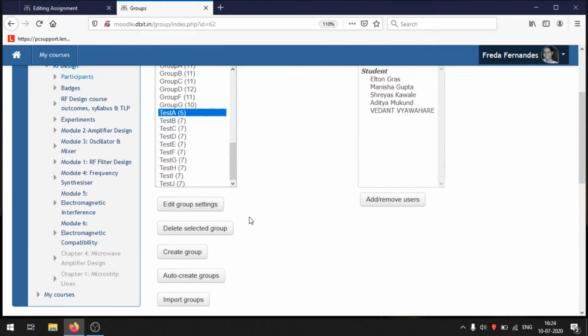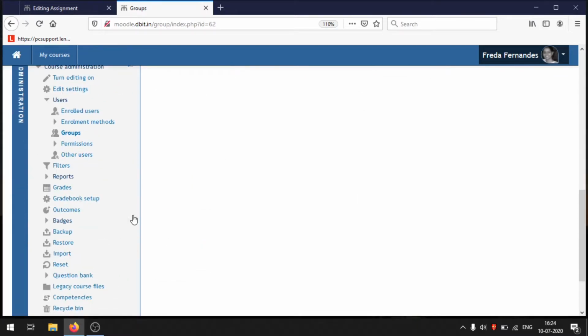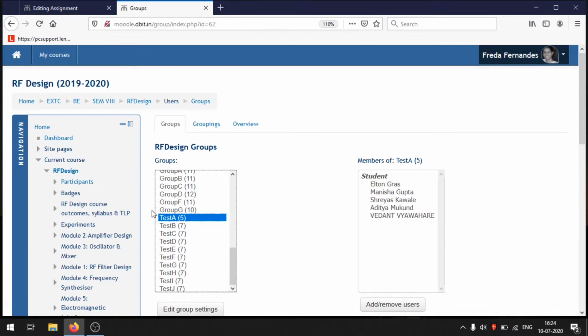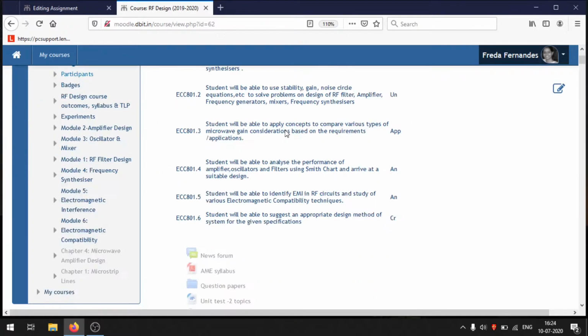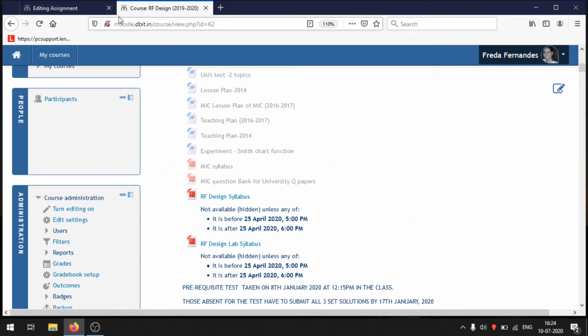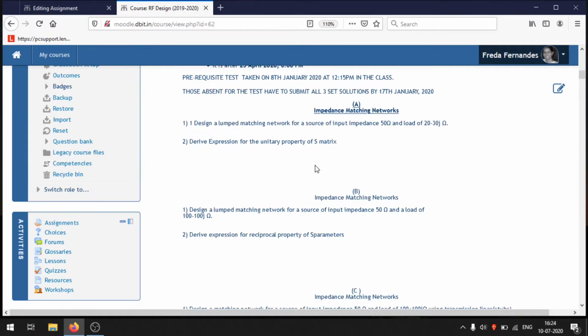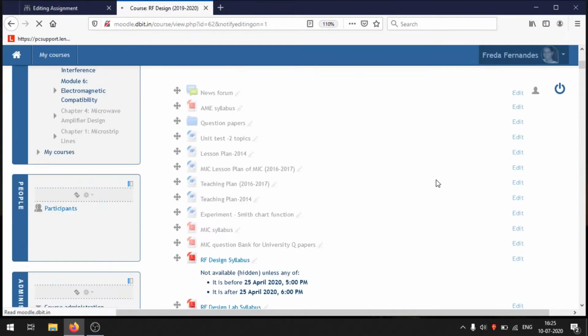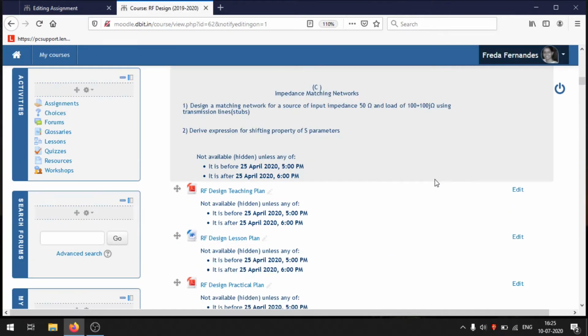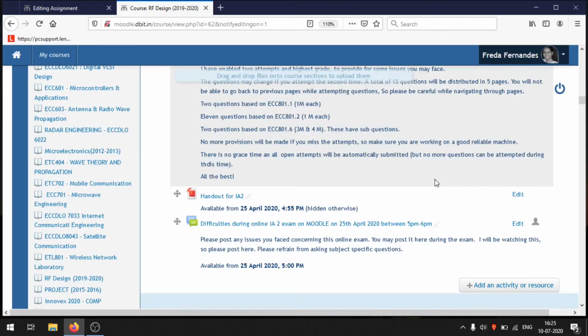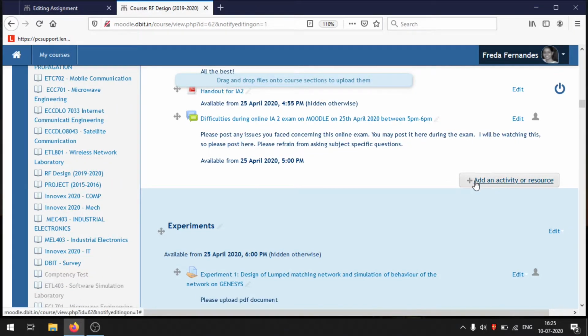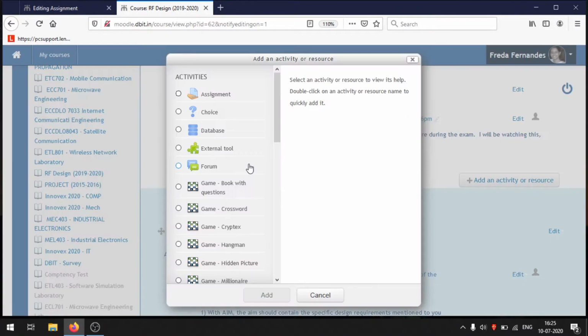Now once this is done, I have to start using these groups for a certain activity. So then I go to my course, okay, and say I'll create an assignment. So I will add an activity.